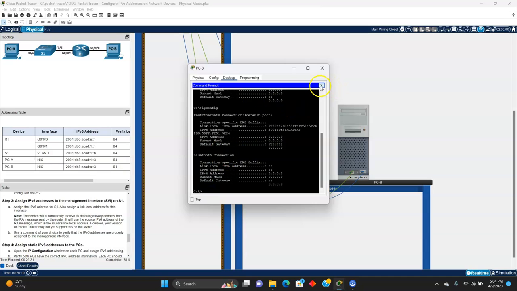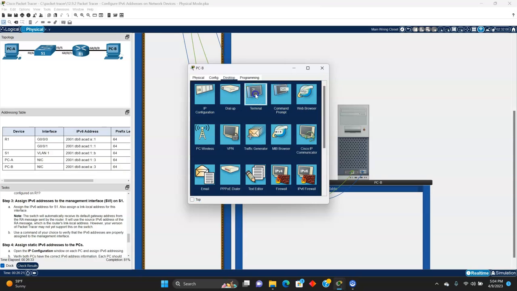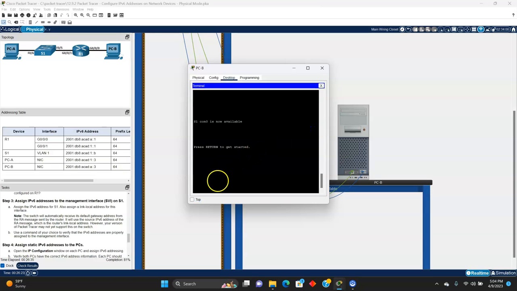So I'm going to go out of my command prompt, go to my terminal so that I can access my switch through my console. I'm going to type enable first. I'm on my privilege mode now. I'm going to have to go to my configuration terminal. Right now I'm on my configuration terminal, as you can see on the screen. So I'm going to have to go to my interface VLAN 1, and then I'm going to have to assign my IPv6 address,